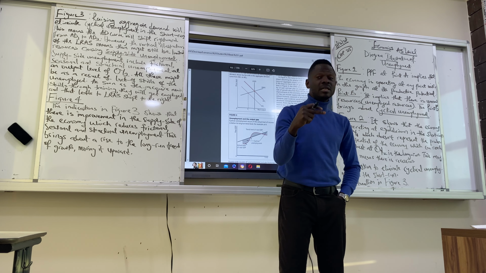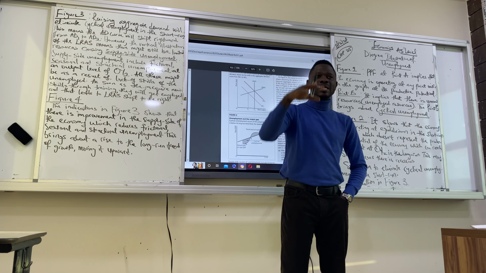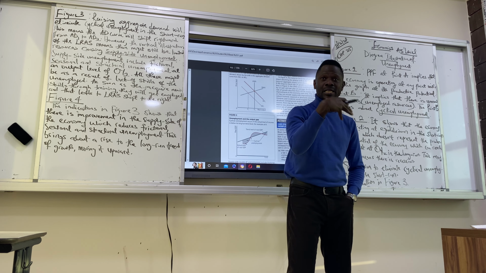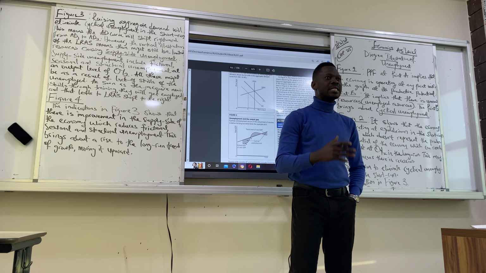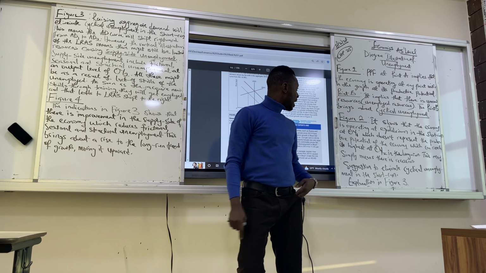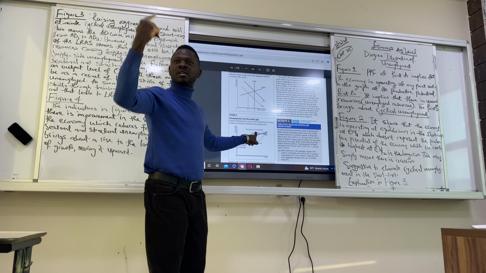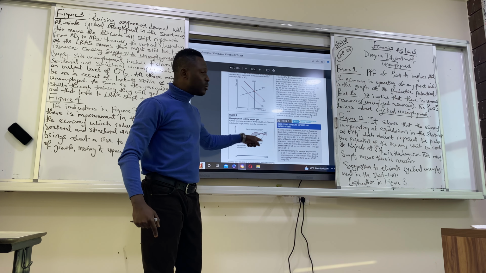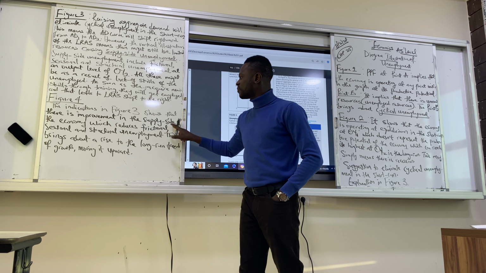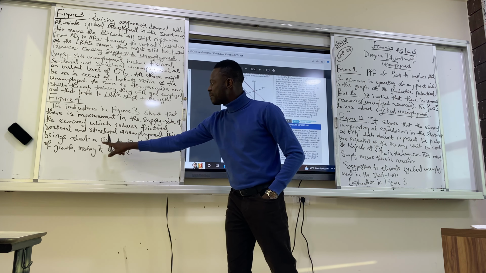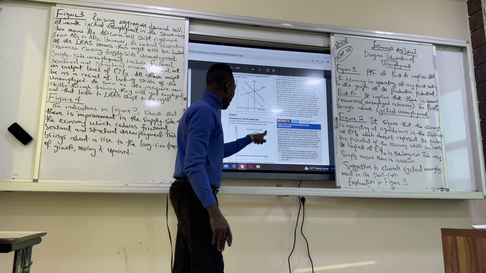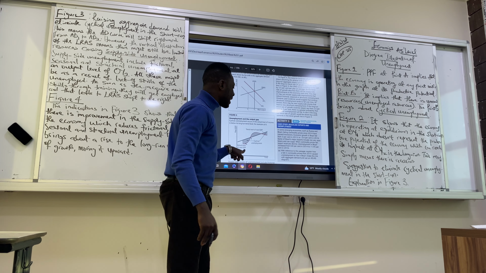So all these eliminated will bring about improvement in the long run aggregate supply curve. So our supply side curve will shift rightward. So there won't be unemployment in the supply side anymore because firms now employ workers that they feel are suitable for their job, and output will increase. So as soon as that is done, there's improvement from figure 3, which means our real GDP would increase. So look at figure 4. The indication in figure 3 shows that there is improvement in the supply side of the economy, which reduces frictional, seasonal and structural unemployment. This brings about a rise to the long-run trend of growth, moving it upward. So our GDP will rise because supply side is functioning.